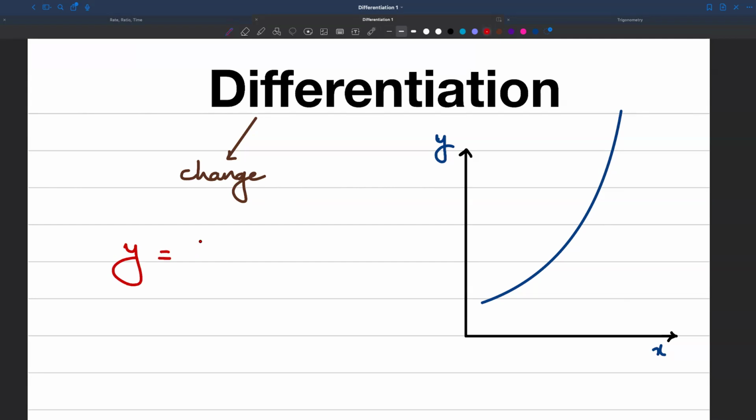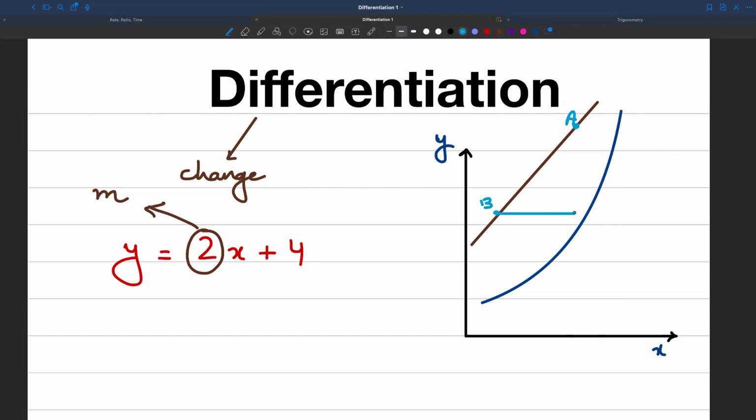if I write an equation over here, which is y equals 2x plus 4, you will tell me, okay, sir, the gradient of this line is 2. What does gradient represent? It actually represents a change of y with respect to x. So if I make a straight line over here, and let's say this point is A and this point is B, when I talk about the gradient of this line,